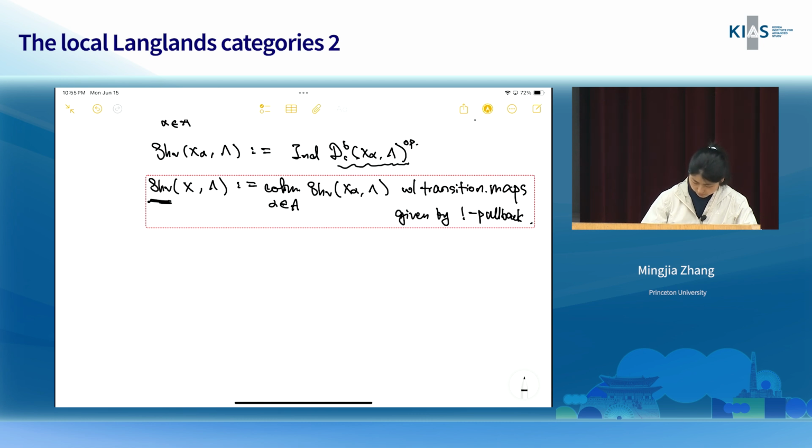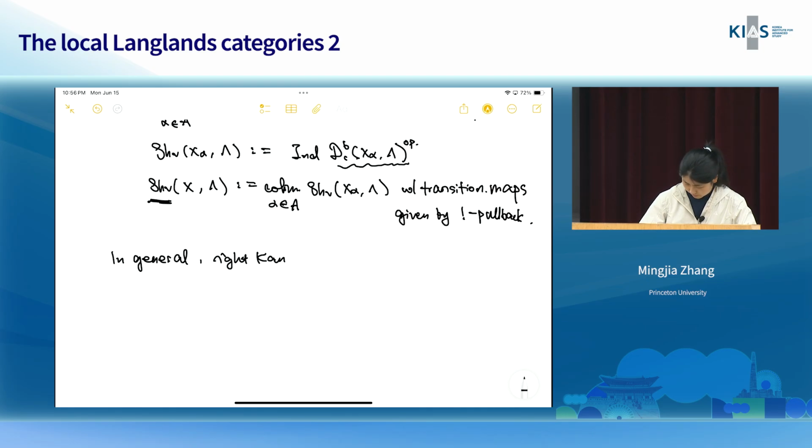Okay, and then in general, you have to show that this construction upgrades to some nice functor on correspondences, and then you can do a right Kan extension to extend to all prestacks. So maybe the last part, I'll just be a little vague. But again, this right Kan extension more concretely will be just the limit